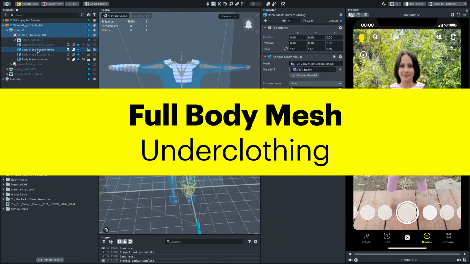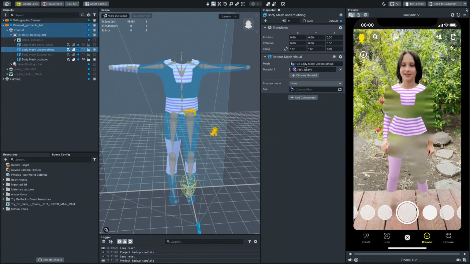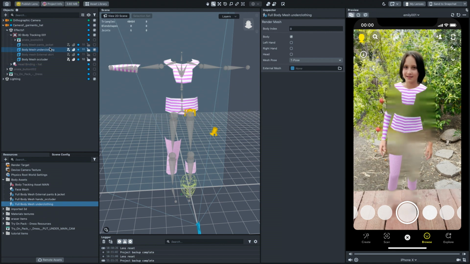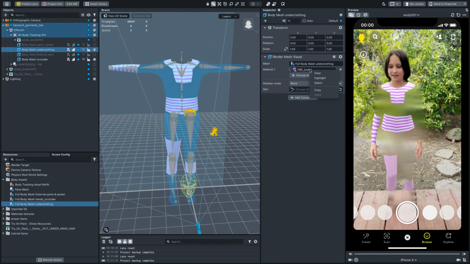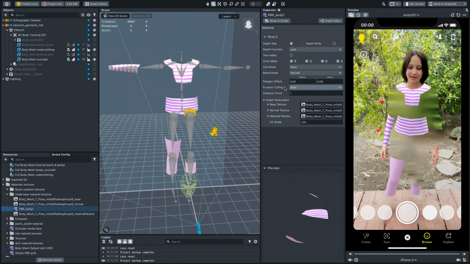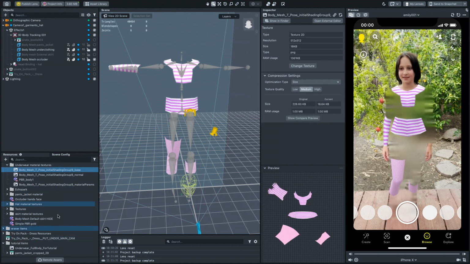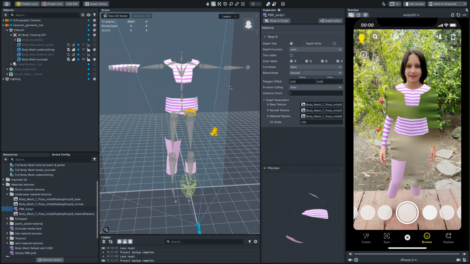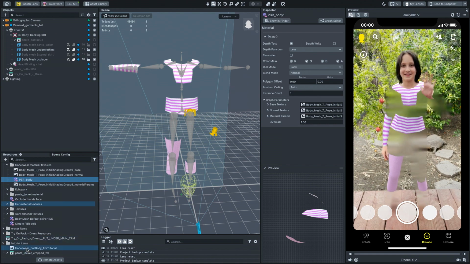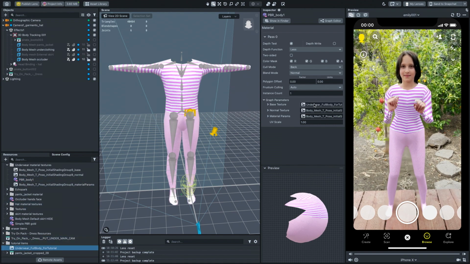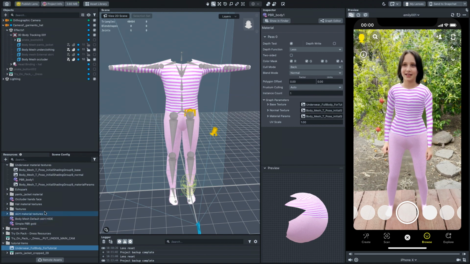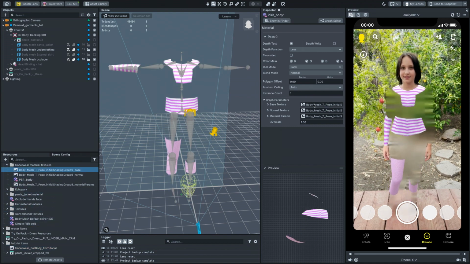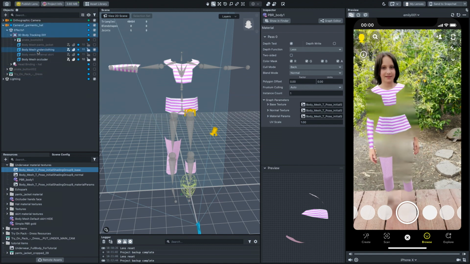Underclothing with full body mesh. Pinktooth is wearing an undershirt and underpants that are made from different fabrics. I used a single body mesh object for both underclothing items. I added opacity to the base map to only show the underclothing where needed and to prevent them from protruding through the other clothing items. We will see how to do this in the second video of the series.